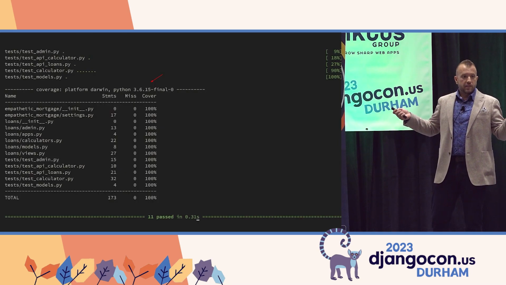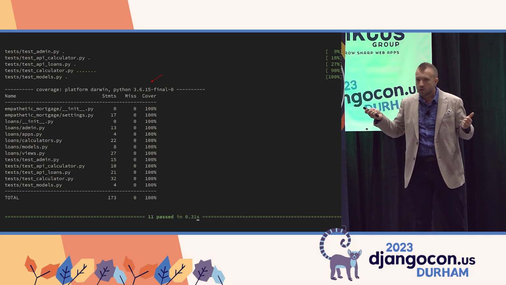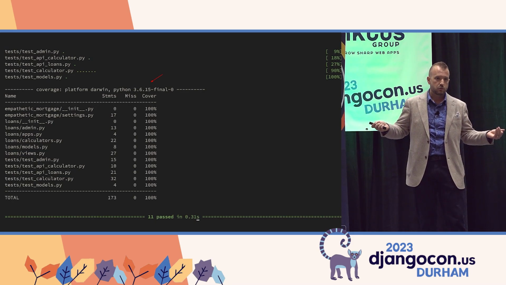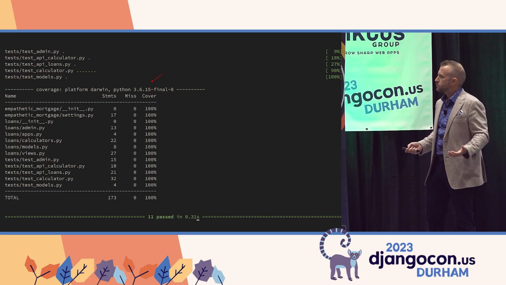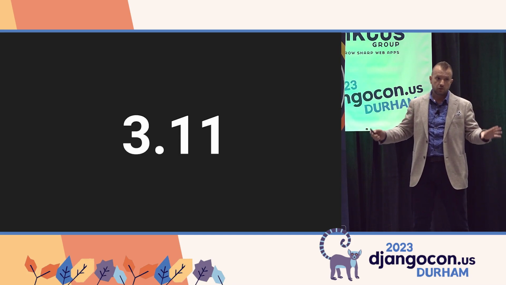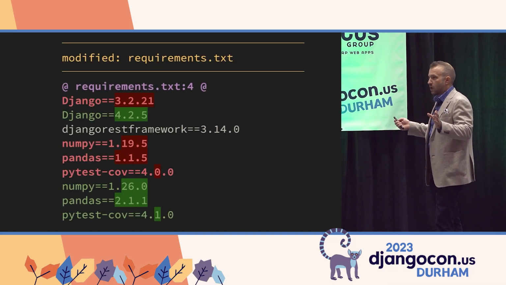I have a test suite, and it's got 100% code coverage, right? Yay me. But you'll notice that we're on version 3.6 of Python because the year, as you remember, is 2016. So the first order of business was, let's upgrade to the latest version of Python, which until 2 weeks ago was 3.11. It's when I made these slides. And we'll bump all the